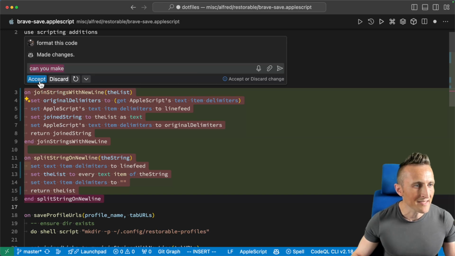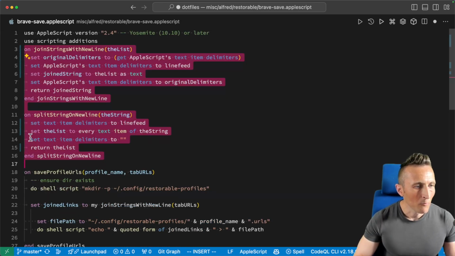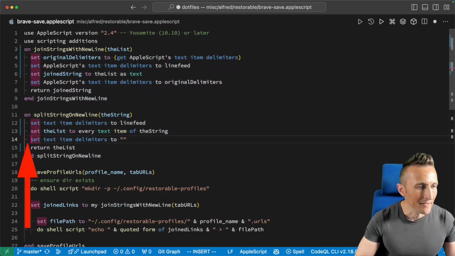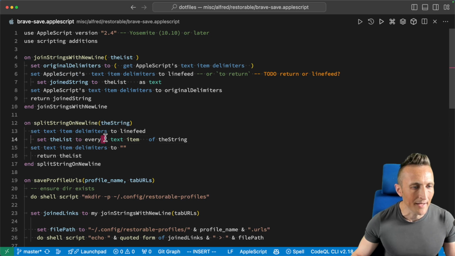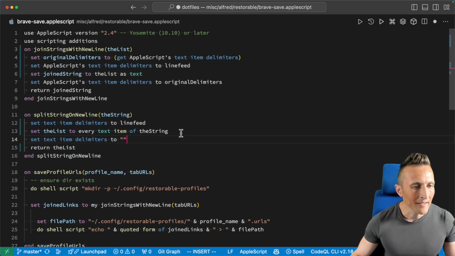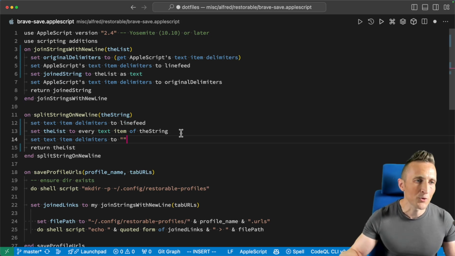You can see if I accept this here now, it decided to go with a tab here. I don't know if that is the recommendation in AppleScript to use tab versus spaces. Nonetheless, at least it's consistent now. It also fixed some of the issues. If I undo this change here, you can see we had 3 spaces here, 3 spaces here, reapply. You can see it got rid of that as well. So it's given me a first pass at reformatting this code,